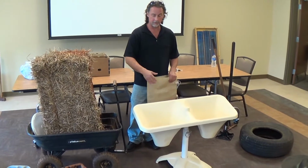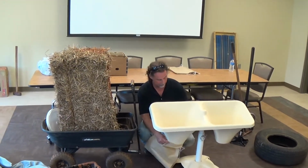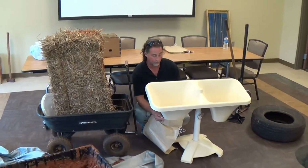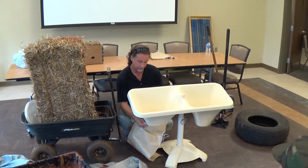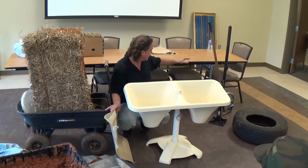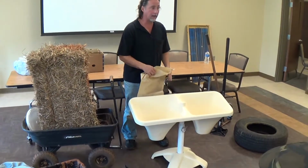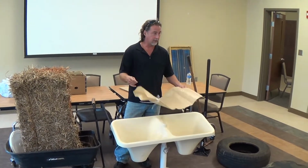Each person has a flat shovel, and they just sit here and fill up the bags. As soon as this guy's bag is full, the other guy starts shoveling into the next empty spot. By then, this guy has changed and has a new bag up, so you can fill up a bag about every 10 seconds. And with these, I don't know if anybody's ever worked with sandbags before, but